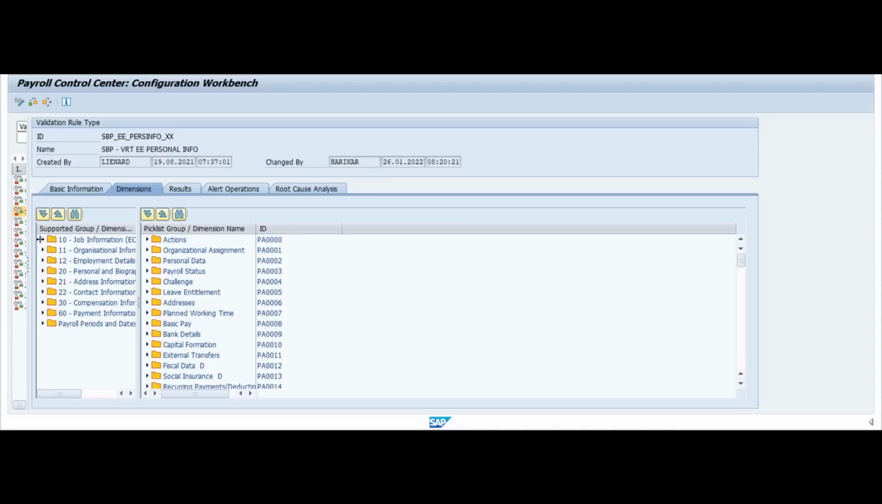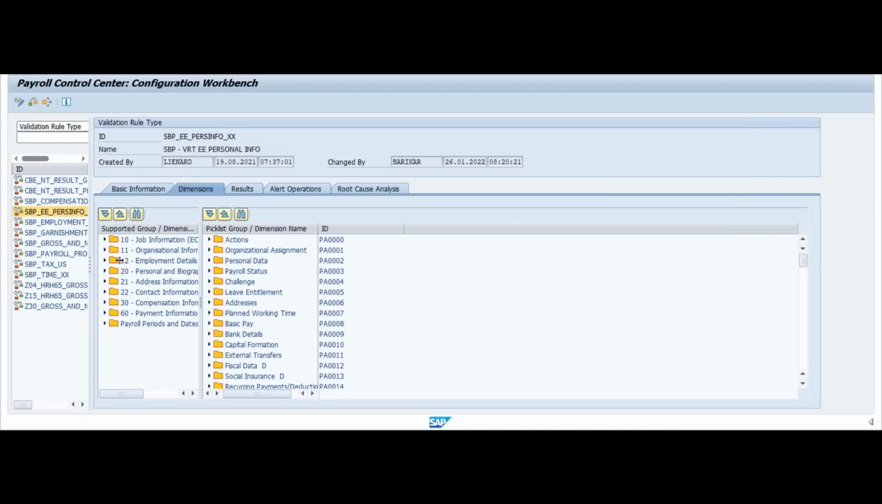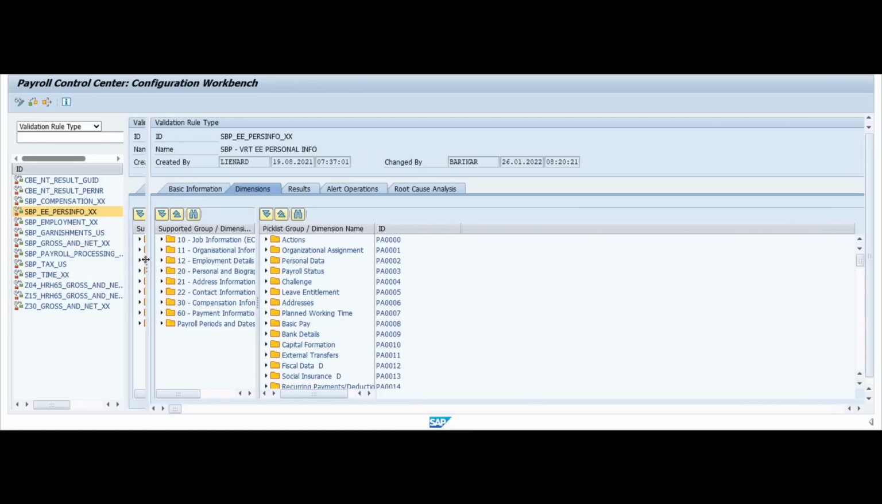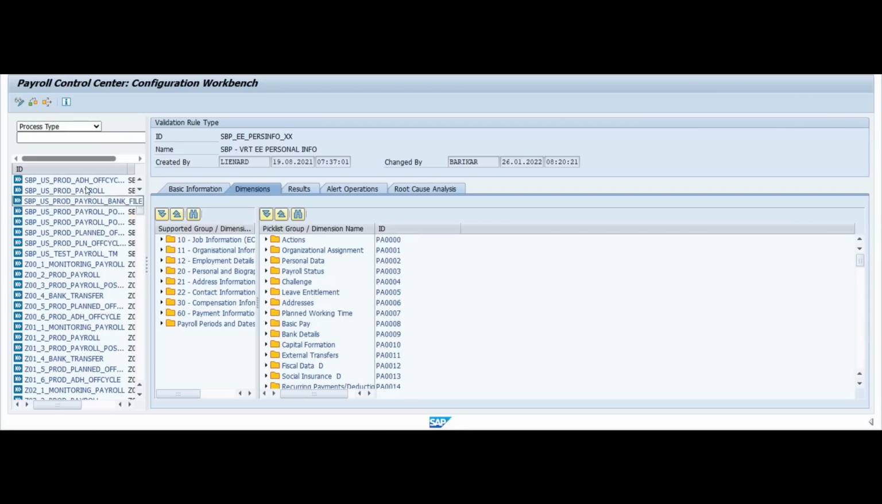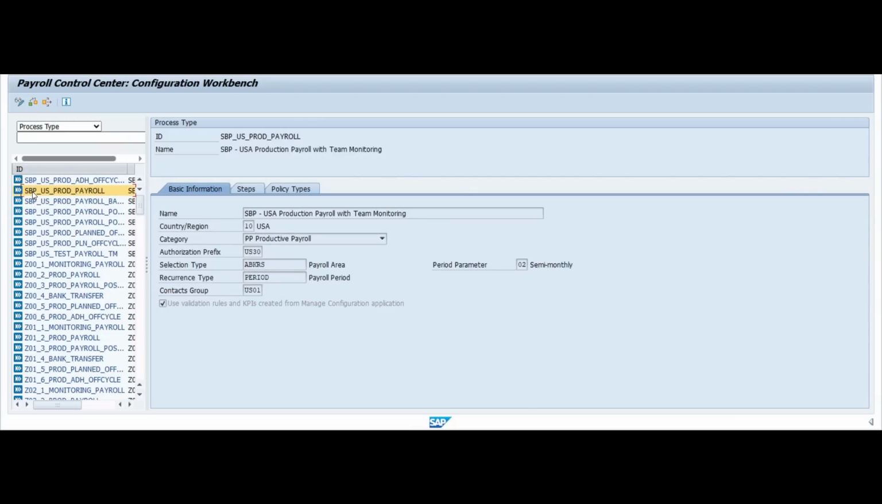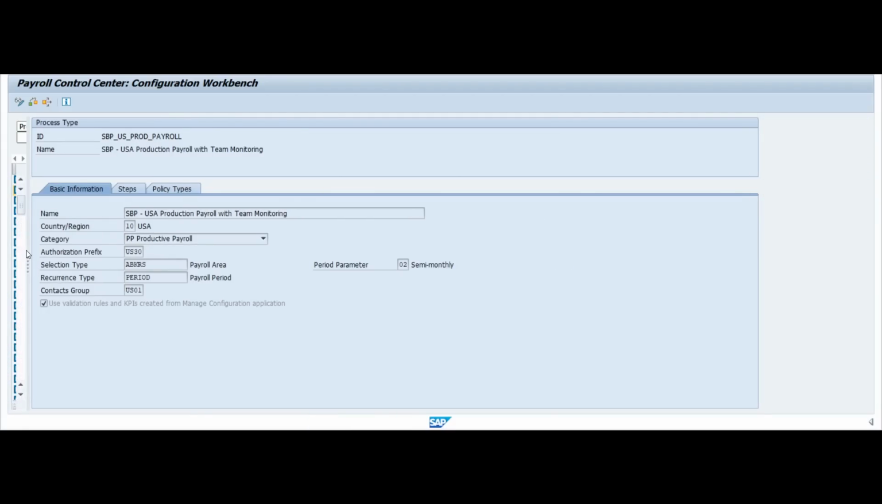So this is rule type. Let us now navigate to see the other values which are available for configuration. Now let us see process type. If we go to process type, we again have many SBP prefixed process types, in which let us check production payroll. Under this process, if you drill down, you'll be able to see that there are three tabs: basic information tab,